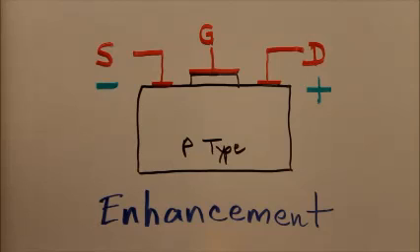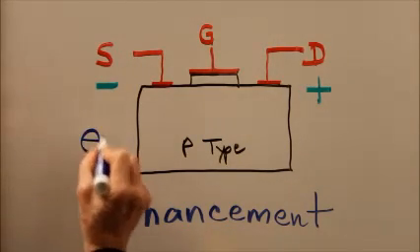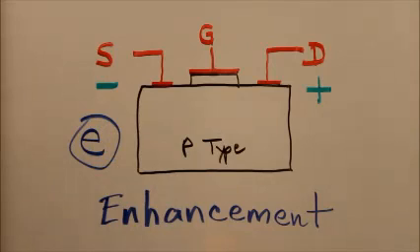It gives us 5 possible characteristics of an enhancement mode MOSFET. Which one makes for a true statement? Well, the correct answer to this question is E, as in echo. It requires the application of a bias voltage at the gate electrode, that's this G here, in order to produce